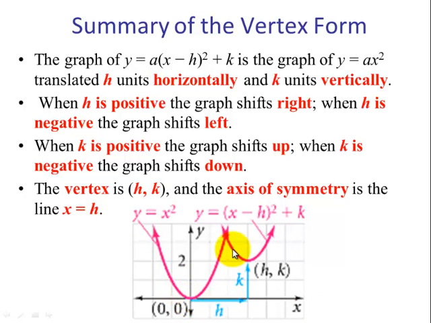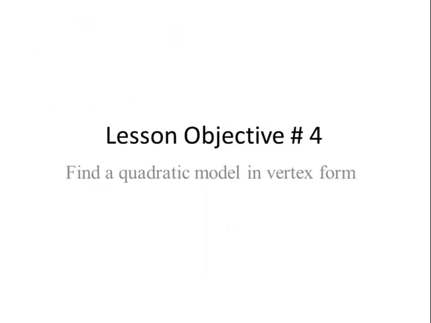So here we have a visual. h is the amount of the horizontal translation, and k is the amount of the vertical translation. And the vertex is always on the axis of symmetry. Lesson objective: